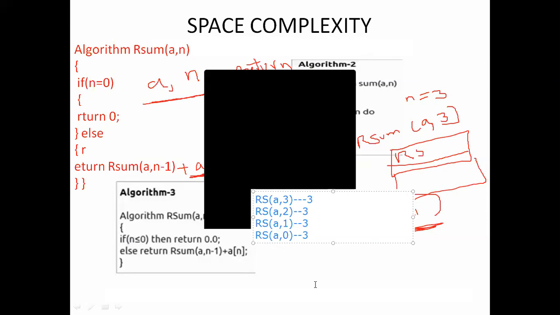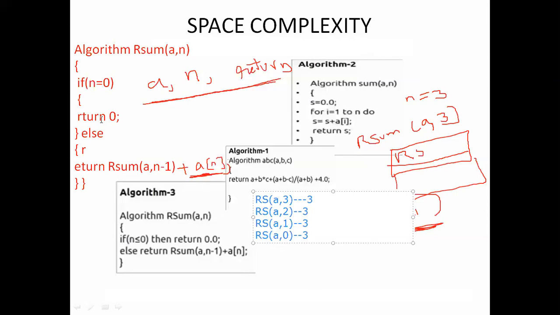Okay, when r of a equal to 0, it will return 0, but it calls these 3 variables and returns those variables as 0. Here r equal to 0 means it will return the value as 0, it will call these values, but it will allocate 0 for those values. I am talking about the 4 times the function will repeat.